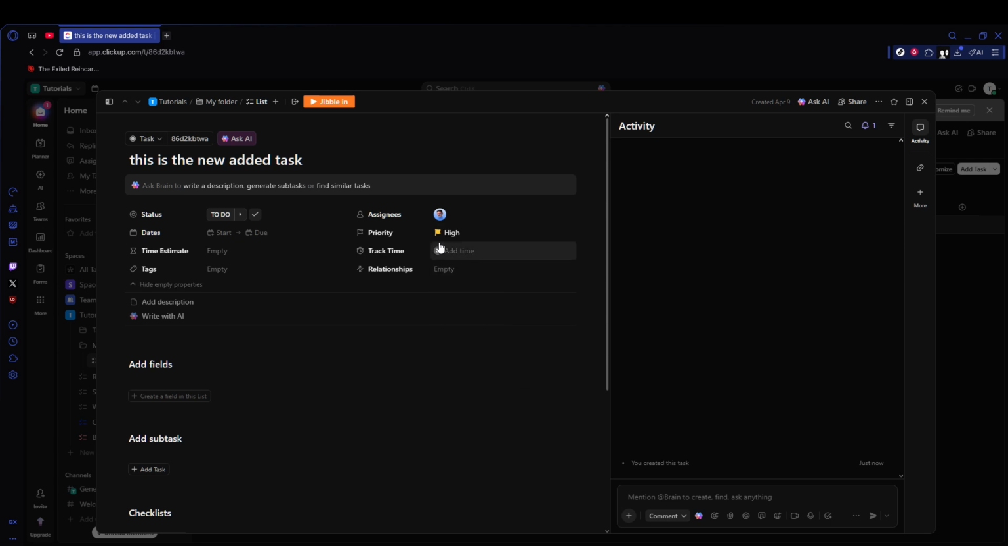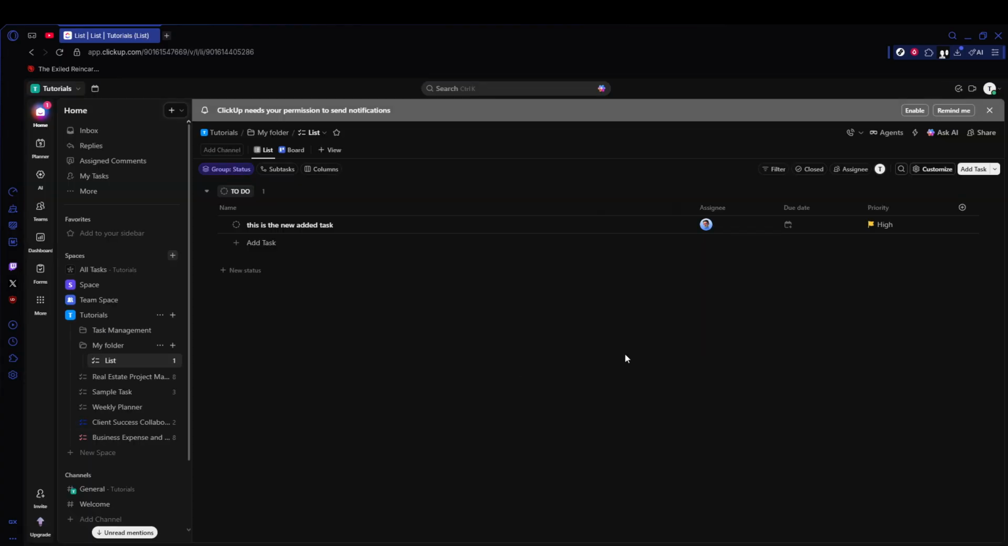When you're done, there's no special save button. Clicking away or closing the task automatically saves your changes. You can always come back to edit the title, assignee, dates, priority, or details as your project evolves. Repeat this same process